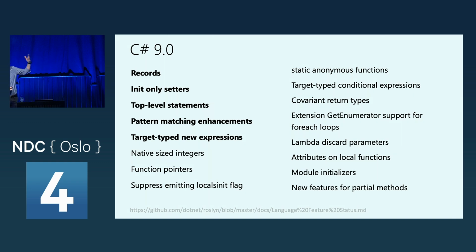There's a whole lot of language features. Even if this is the 9th iteration of C#, we're not going to spend time looking at all of these here, because some of them are just important for very specific use cases. But what we are going to look at is how to use record types and pattern matching. And I didn't say this, but we also have this language feature called top-level statements.